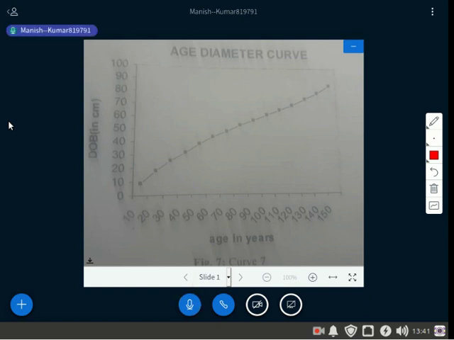Then after that we have to do this age diameter curve, right? Here age diameter means we have to make a curve of total age. Why we are doing this is the first step. Okay, first lesson. After that we have to establish this lesson: total age,